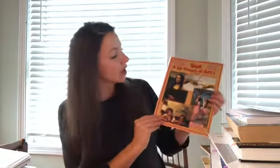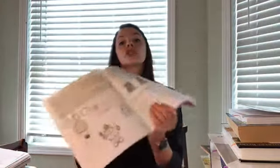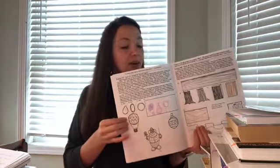All right, for his actual art lessons, we are using God in the History of Art by Barry Stebbing, and some of this ties into ancient Egypt. There are some ancient Egypt lessons that he did back when we were studying pyramids, but a lot of times there is just a short little lesson and then a practice area. It is not at all hard, but I think the simplicity of it,